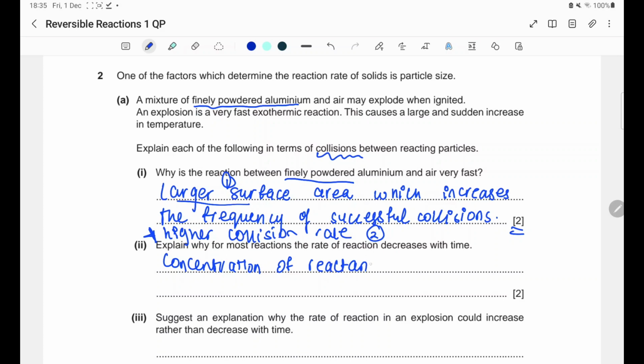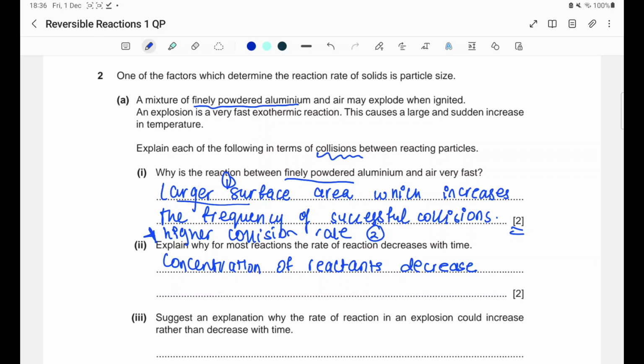Concentration of reactants decrease. Now, in the marking scheme, they have given the 2 marks for mentioning concentration, and then the 2nd mark for reactants decrease. However, it is very much possible that